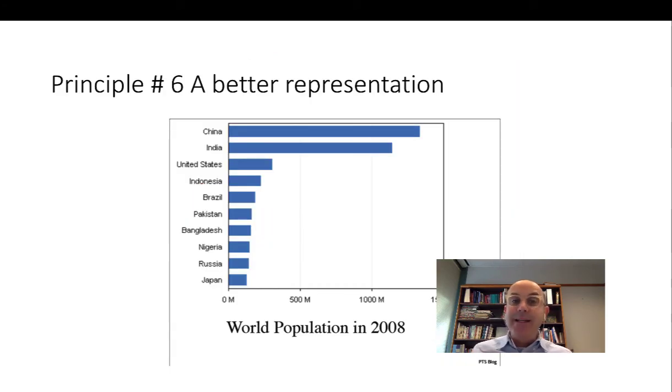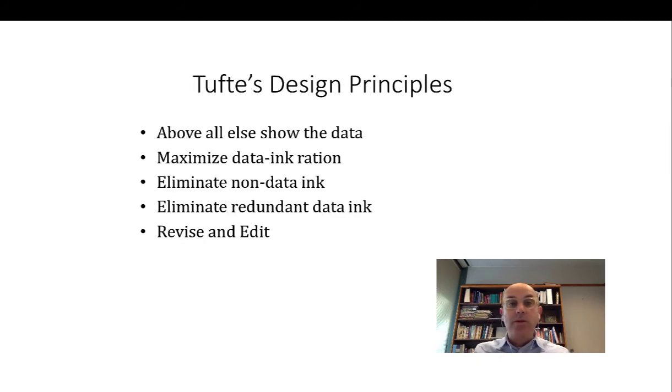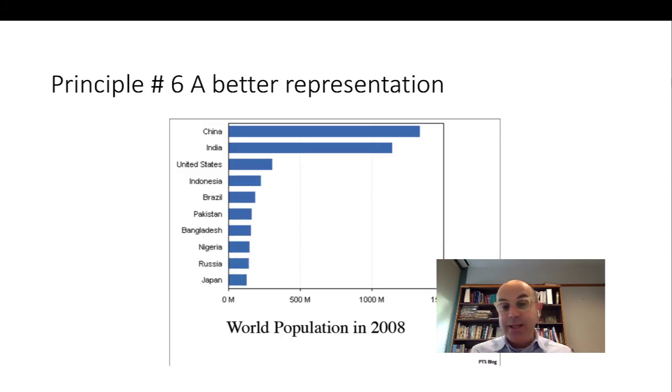Principle number 6 is a better representation. The issue is that he is very keen that you show the ranking from the top to the bottom, which means that in this case, China is leading, and that's why it ranked number 1, and this is what we will see. So those are the things that he's talking about. I hope it makes sense. I'm not going to